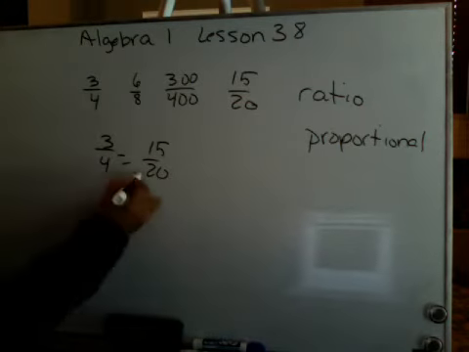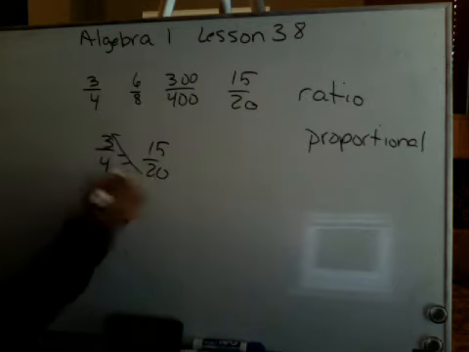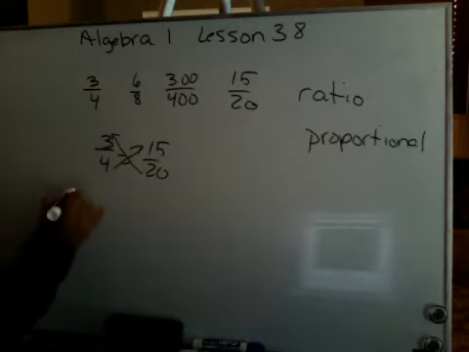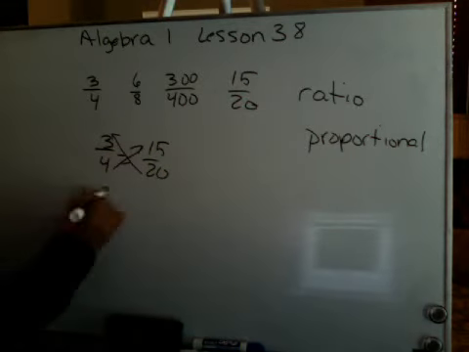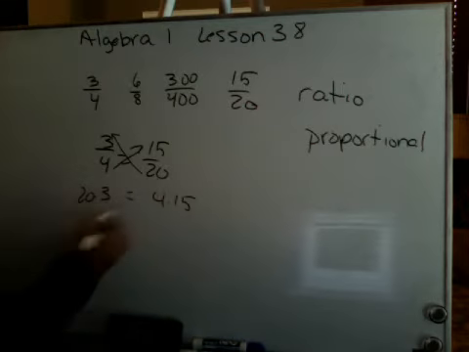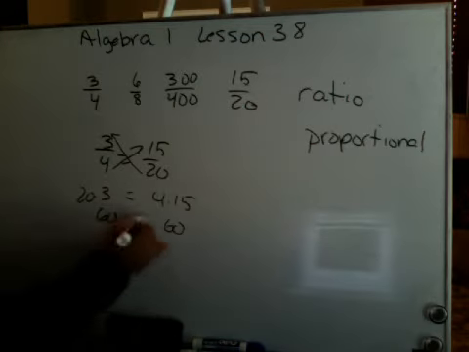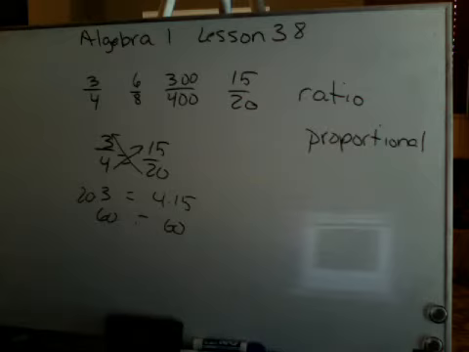If we do cross multiplication, we get 20 times 3 and 4 times 15. You get 60 here and 60 here, which makes it a true statement. So we can solve proportions that contain unknowns by setting the cross products equal